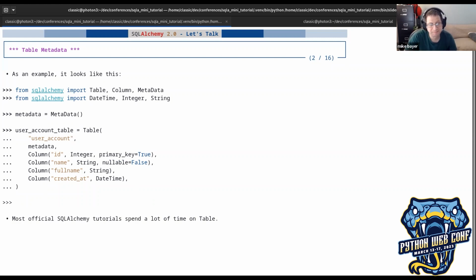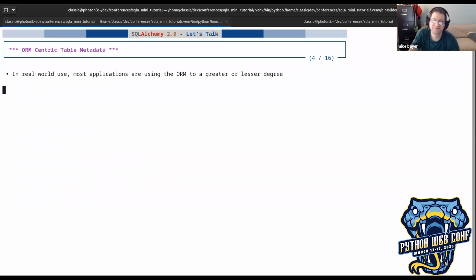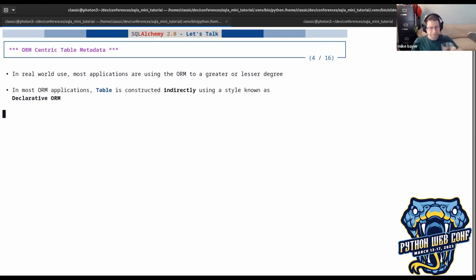And what I'm going to do is just move off of it for this tutorial. We're going to go out the side entrance and go somewhere else. So in real world use, most applications are using the ORM to a greater or lesser degree. Even if they're a core only application, there's probably ORM code in there. When you do ORM,